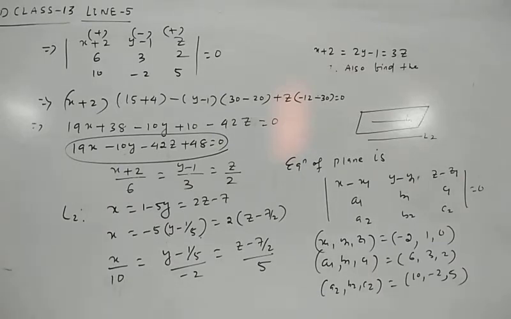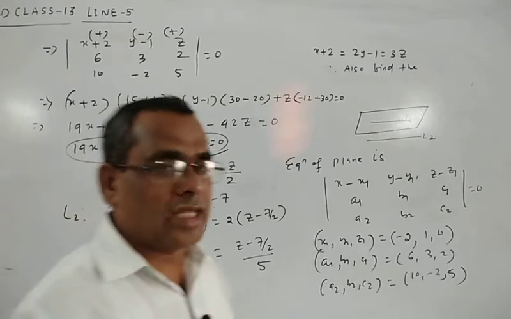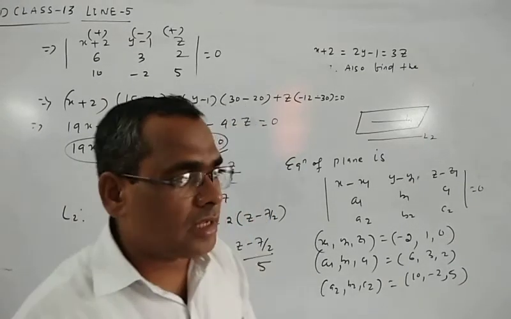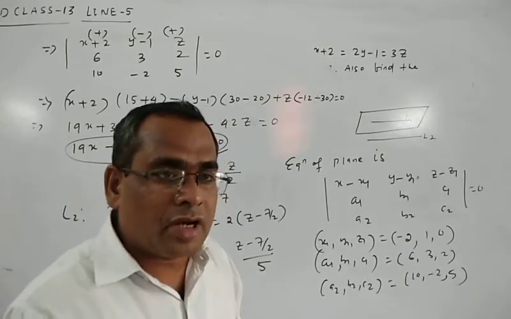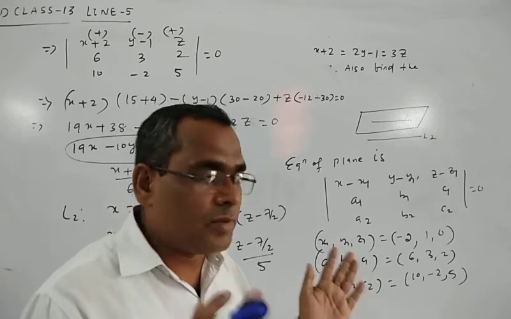Next we find the shortest distance between these two lines. So clearly this is the line and this is the other line. Since the direction ratios are not proportional, they are not parallel. Not parallel means you have to find the shortest distance. Apply the direct formula: determinant of x2 minus x1, y2 minus y1, z2 minus z1, a1 b1 c1, a2 b2 c2.